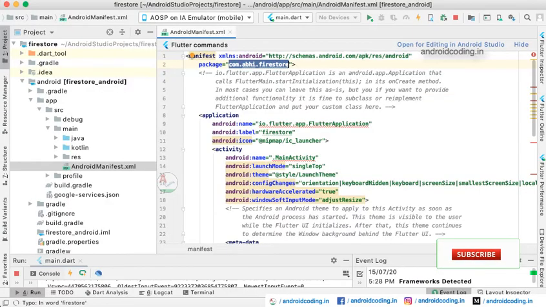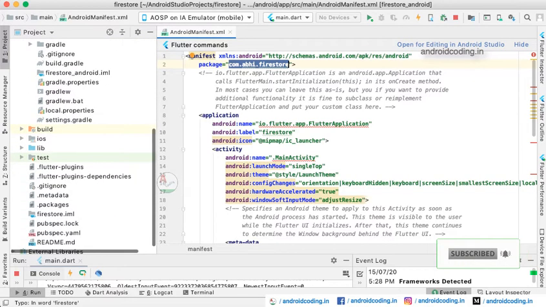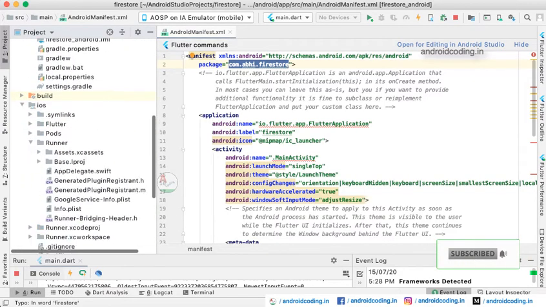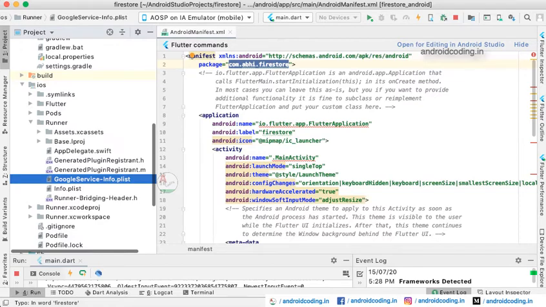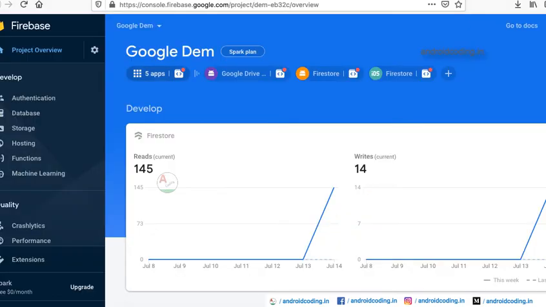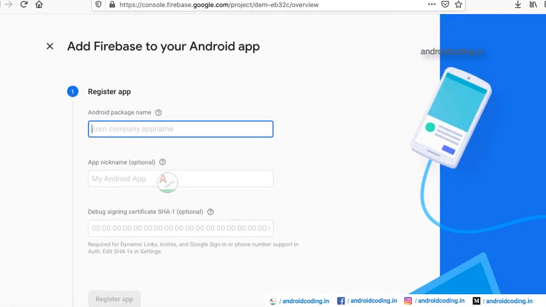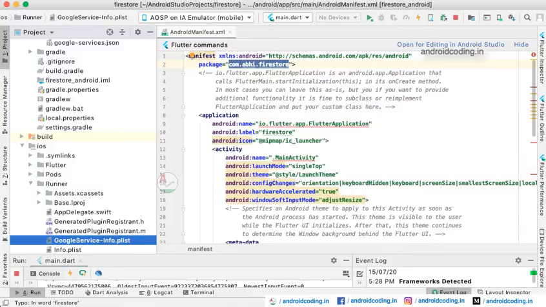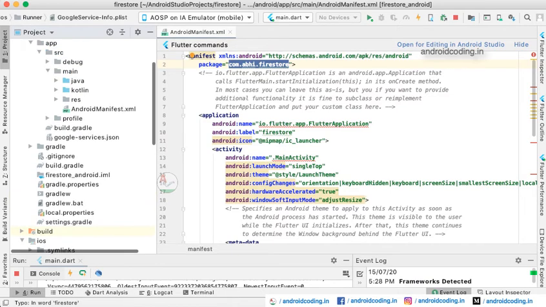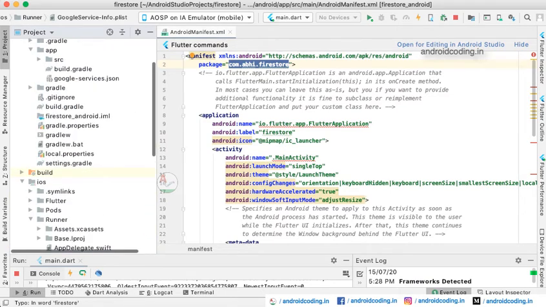You need to add the plist file in the Runner folder for iOS, and in the same way for Android you will be provided with a JSON file once you click on the register app button, and you need to add the JSON file under the app folder for Android.